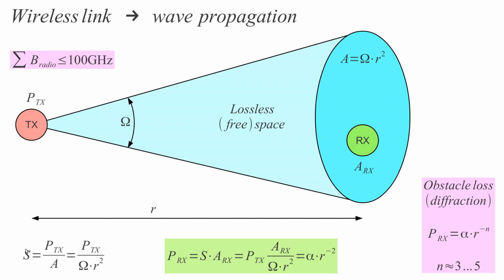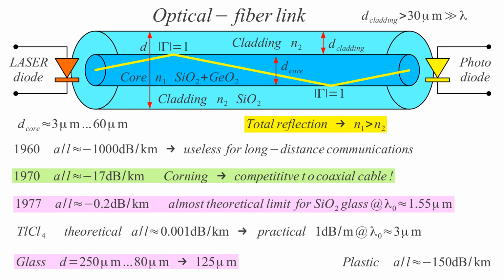We have the power density, which is the transmit power divided by this area, and the received power is the power density multiplied by the surface of our receiver. Of course, having everything oriented correctly, so as to get the maximum power into the receiver. What we see from our equation is that the received power decays inversely proportional to the square of the distance. This is a very slow decay when compared to what we have with